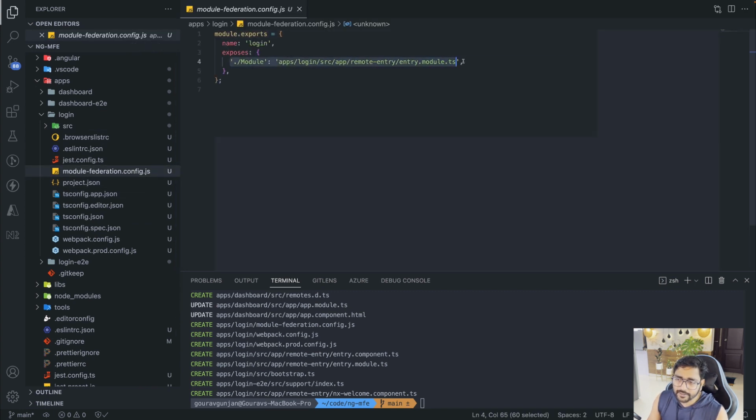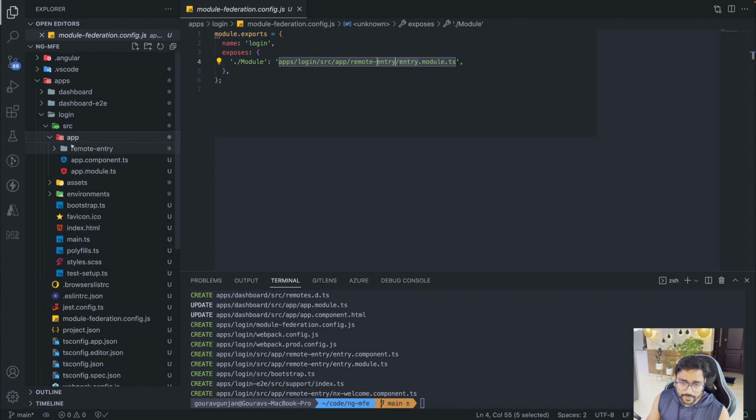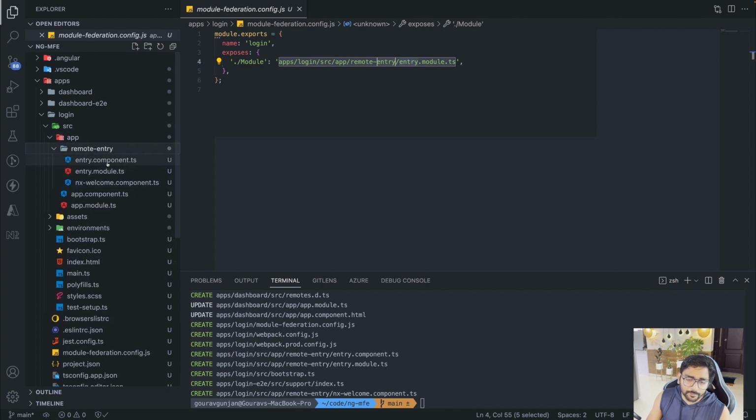It is saying that our entry module, the remote entry module, has been exposed. So whatever you write inside this remote entry component or module, that will be dynamically exposed, and then our host application can dynamically import those and show them in its own application. Next thing